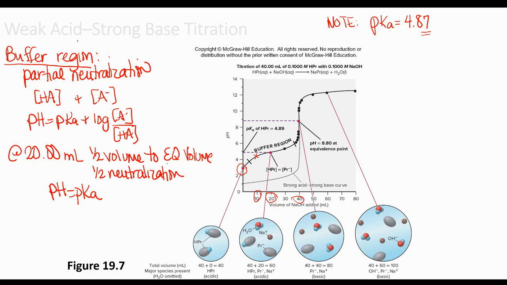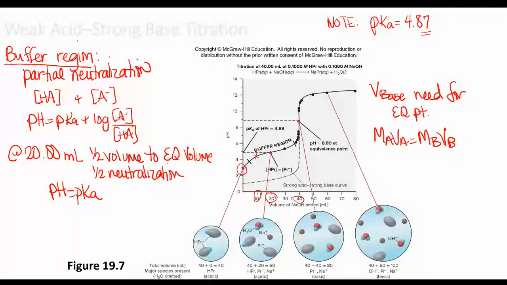So you don't have to do all those lengthy calculations if you can spot that half volume, which is why I highly recommend that you always determine the volume of base that you need for equivalence point. And you can always use the expression MAVA equals MBVB